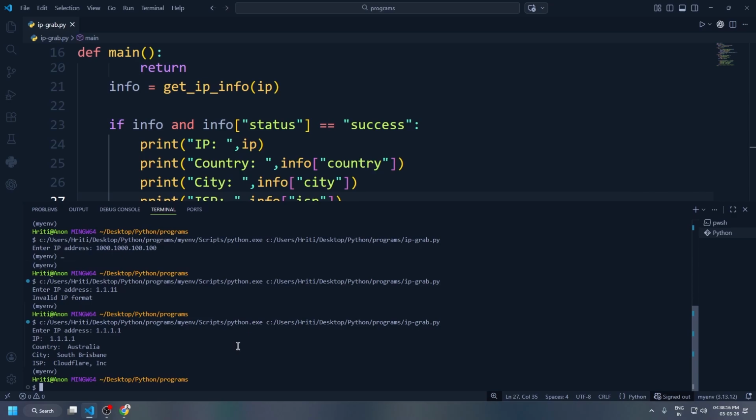Now we have separate functions: input validation, error handling, clean output, organized structure. This is resume-worthy beginner code. And if you want to improve it, you can save results to a file, scan multiple IPs, connect to a real threat intelligence API, turn it into a CLI tool, build a simple graphical user interface,